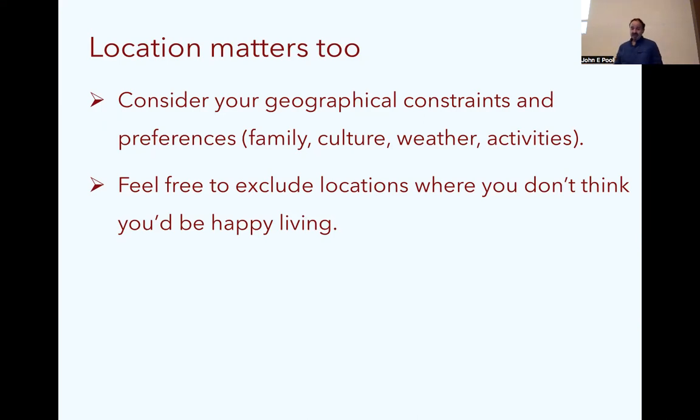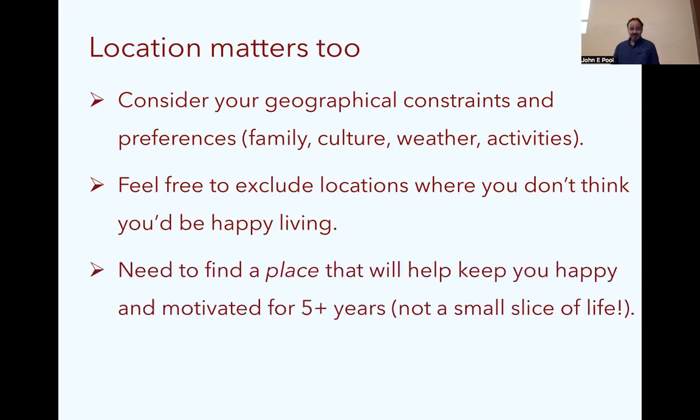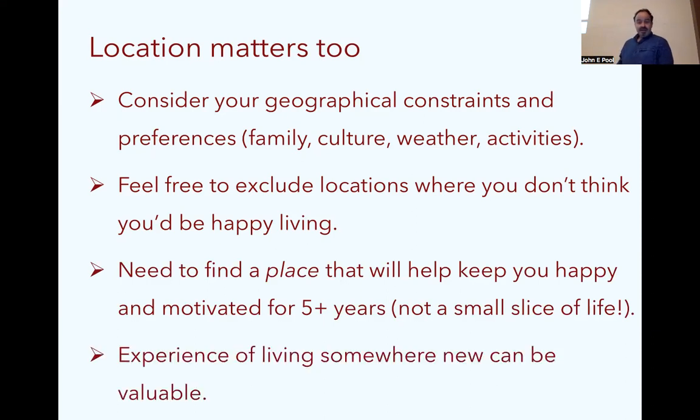And yet, someone else might have really liked the first place that I mentioned and not like the place where I went. So as a place to live, it really is an individual thing. But you'll be there a little while, so that is fair to consider as well. It can be worth considering living somewhere a little different than you're used to. That can be valuable on a personal level, and being exposed to a new scientific sphere at that institution can be a good thing.